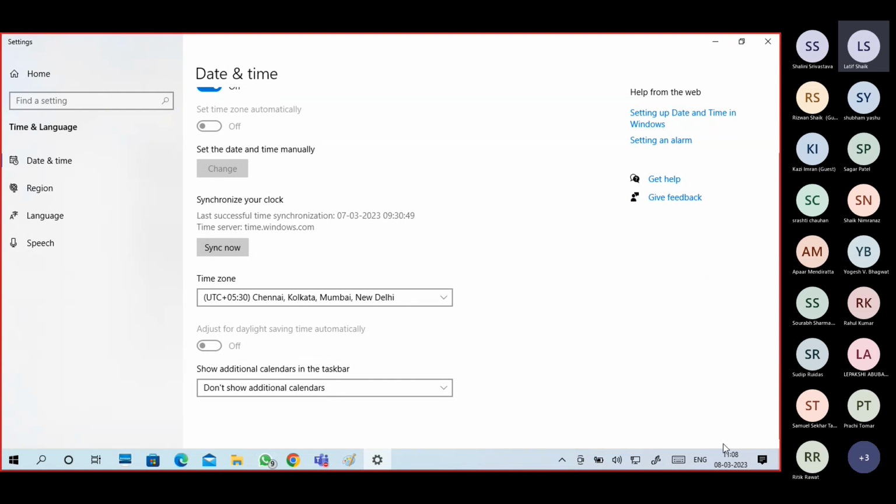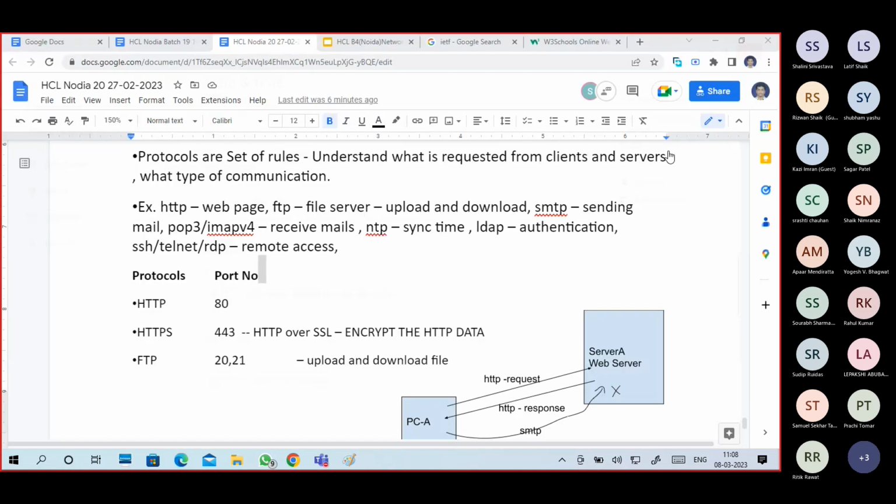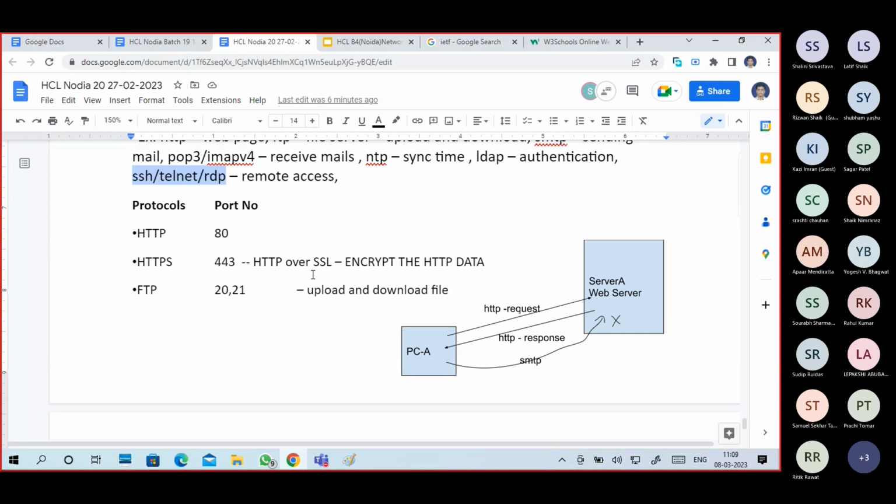Based on my time zone, I will get the time configured. LDAP authentication, SSH, Telnet, RDP, remote access. Okay, SSH protocol, Telnet protocol, RDP protocol are used for remote access purposes. Okay, authentication related protocols are there.